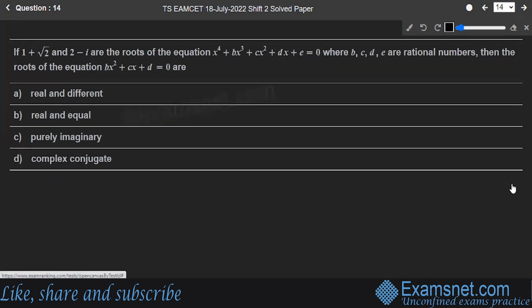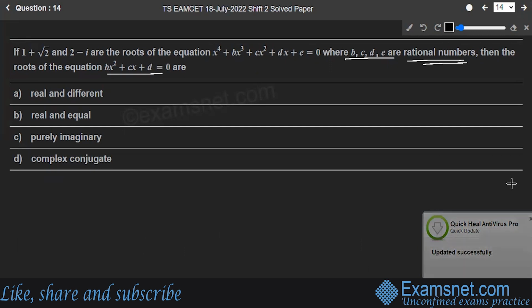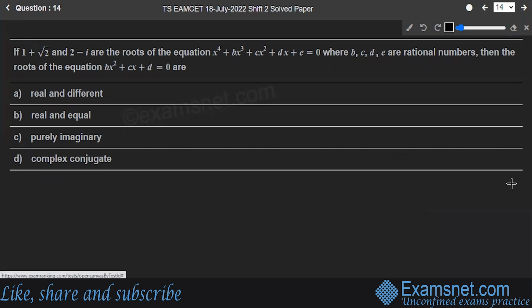Let's move to the next question, number 14. It says if 1 plus root 2 and 2 minus iota are the roots of this equation, where B, C, D, E are rational numbers, then the roots of this equation are. What is the nature of the roots? All right. So you are given that,